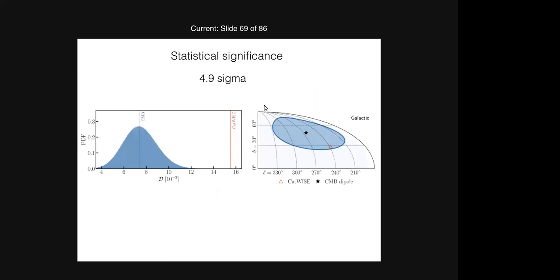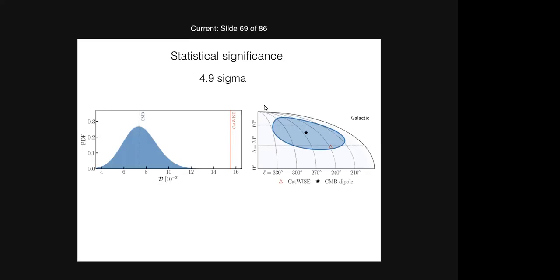So this is the distribution of those 10 to the 7, those 10 million simulations. And you see where they are. This is the CMB dipole. And this is the CatWISE dipole. You see, this is far away. This is about 4.9 sigma. Now here we looked at only those that had a direction that were basically between the CatWISE direction and the CMB dipole. Now, does it agree with what I did earlier, the radio sources?